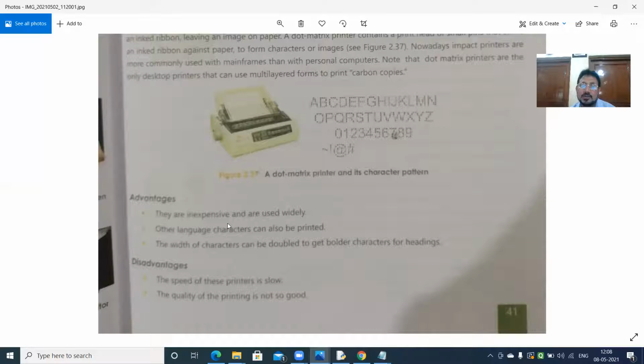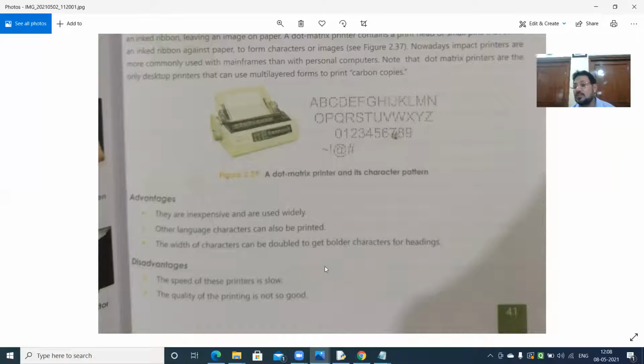Other language characters can also be printed. The width of characters can be doubled to get bolder characters for reading. If you want, you can make A, which is printed at the default size, print at double size.